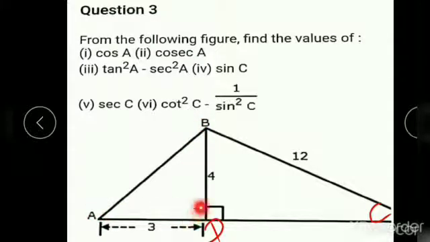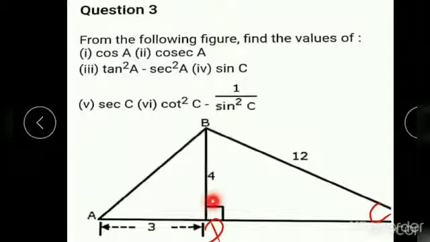In the triangle ADB, sides BD and AD are given. What is the value of BD? It is 4 and the value of AD is 3. You have to find out one more, that is AB. In the other triangle, BD is given and BC is given and you have to find out DC. First you have to take the reference angle as A. With this angle, what is the perpendicular side? Just opposite to the reference angle is BD. This will be your perpendicular side.